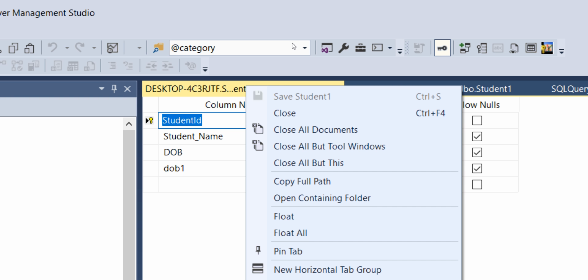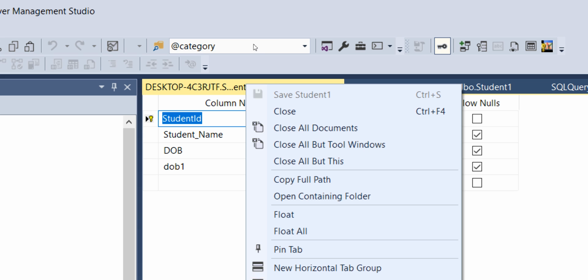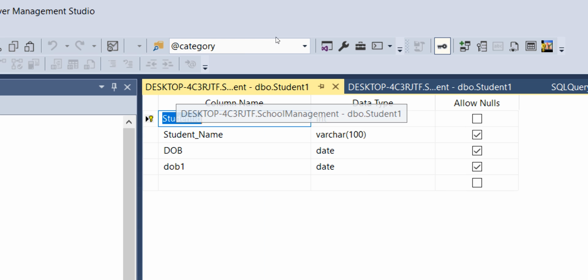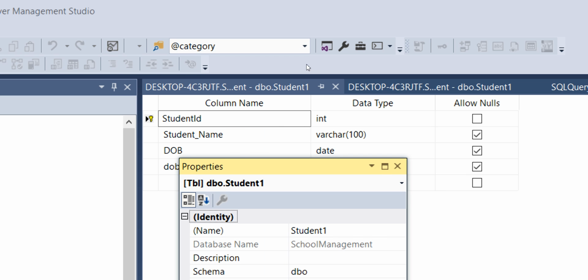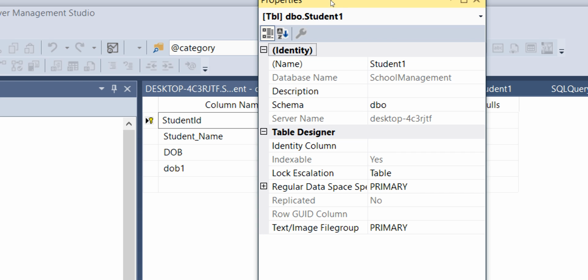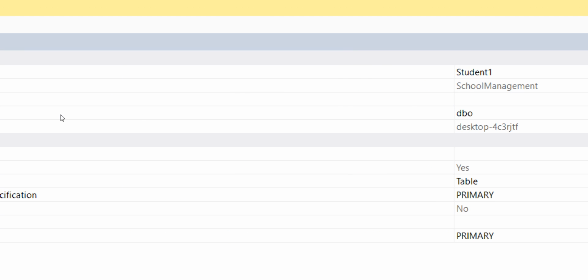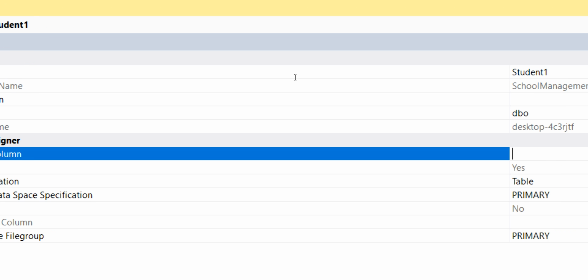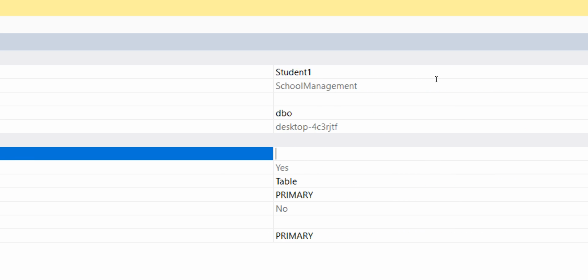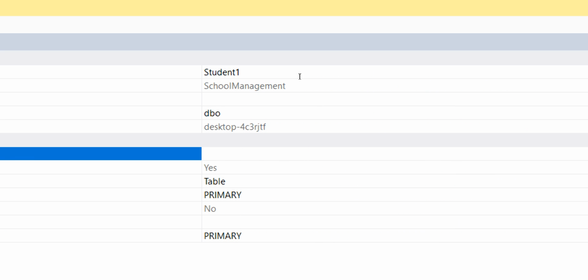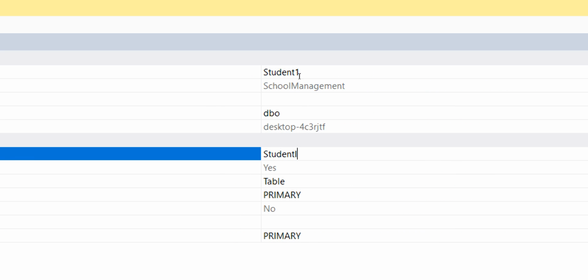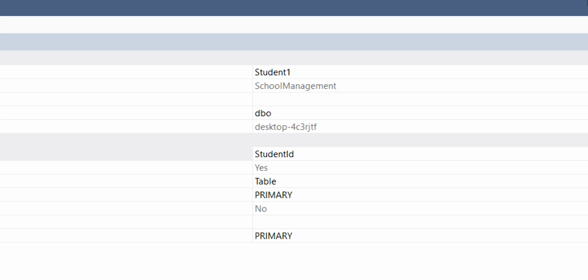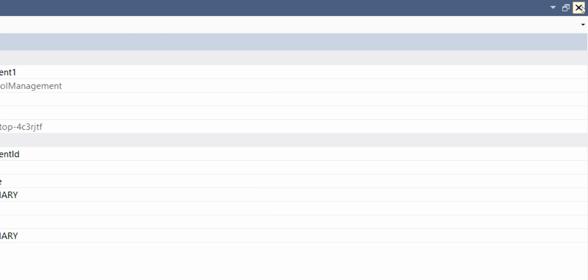Select this tab and click F4. It is going to pop up a properties window. In this properties window, you will have an option called identity column. And which column is the identity column? It is student ID. After that you need to save this.